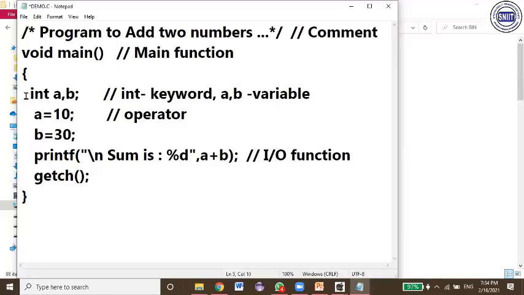Now here, the variables you are going to use in your program must be declared. This section is called the declaration section, isn't it? So after this, why are we taking these two variables? To store something in the variables. Which type of variables are these? This decides the type of variable. Which type of variable is it? It is integer. Simply you can say integer. If you want to store any integer numbers, we need to go for the int data type. The data type decides which type of data we are going to store in these variables, isn't it?